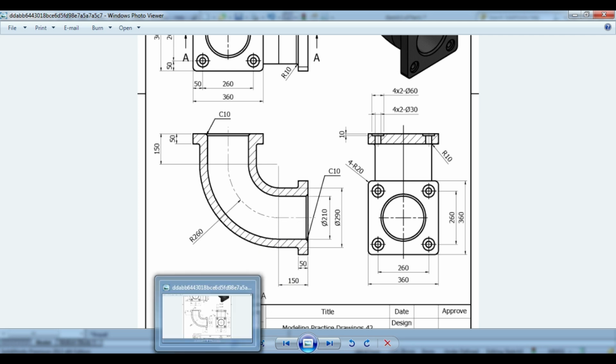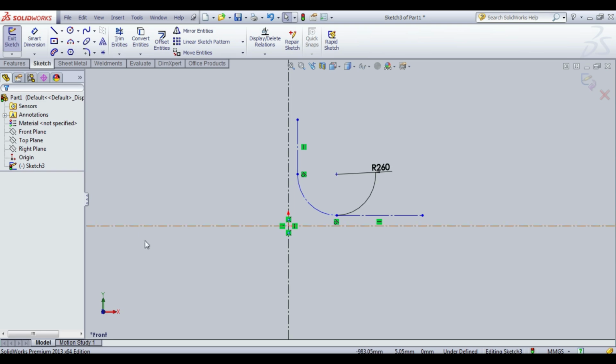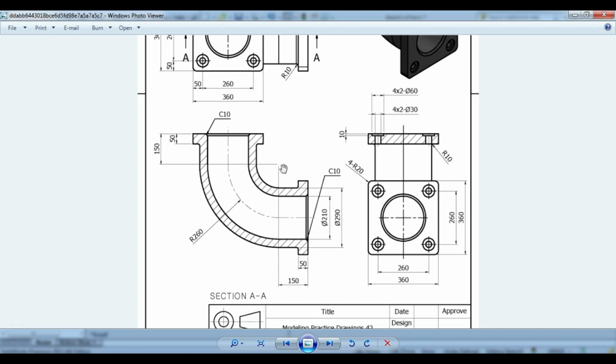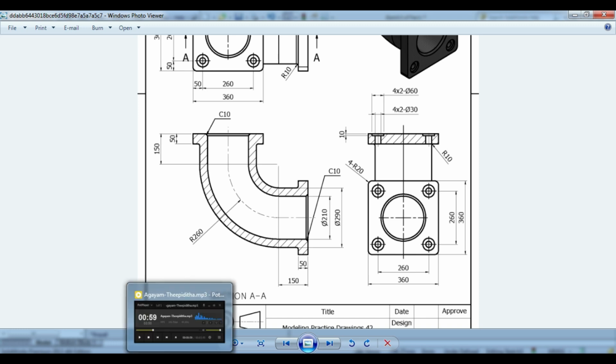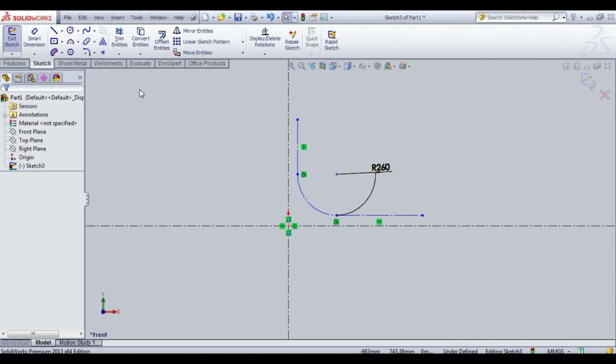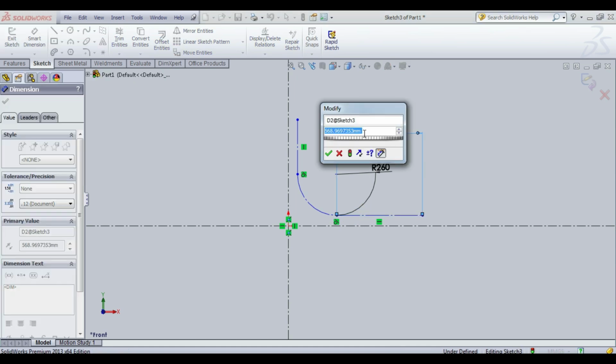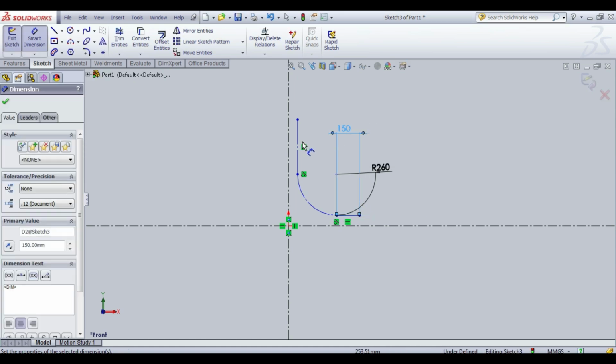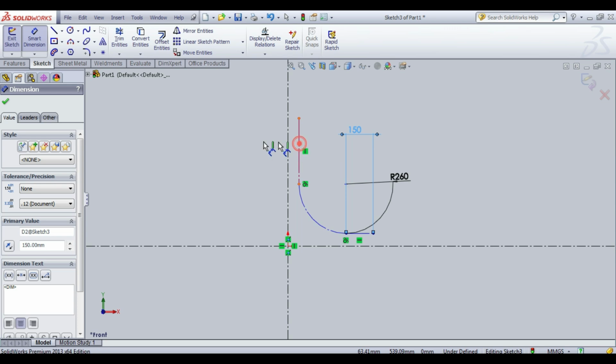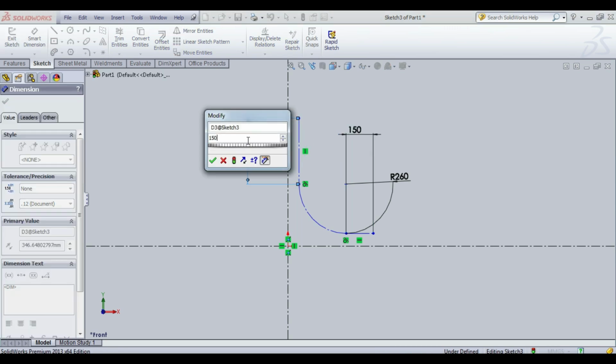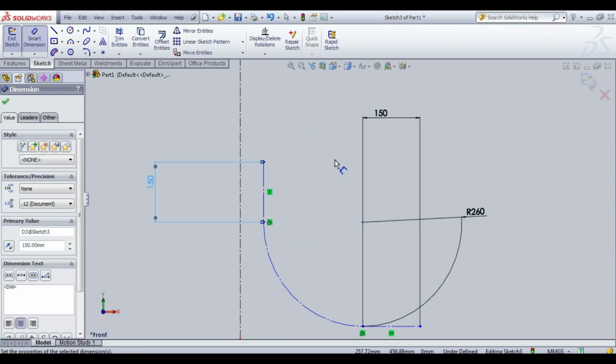So you will give the 150 mm with center point of the circle. Okay. Don't forget. This also 150 for horizontal and vertical also same as 150.